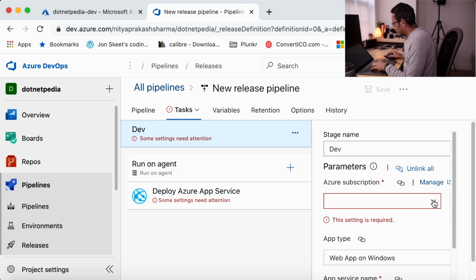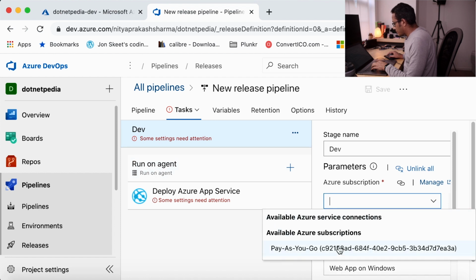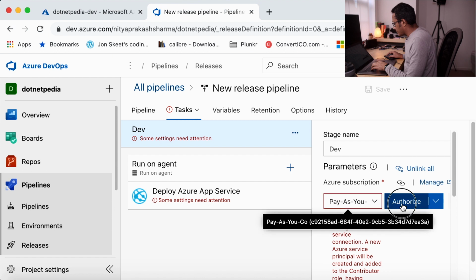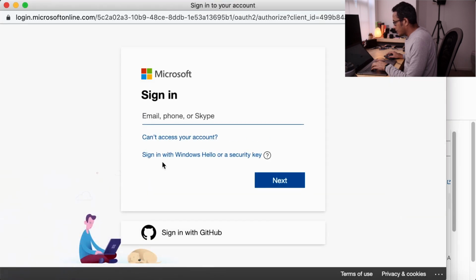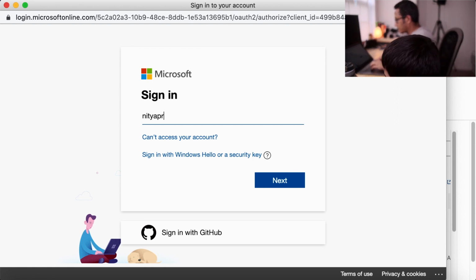Then we are going to select the subscription. So this is my subscription, so we have to authorize it. And we are going to put my password in the credential.